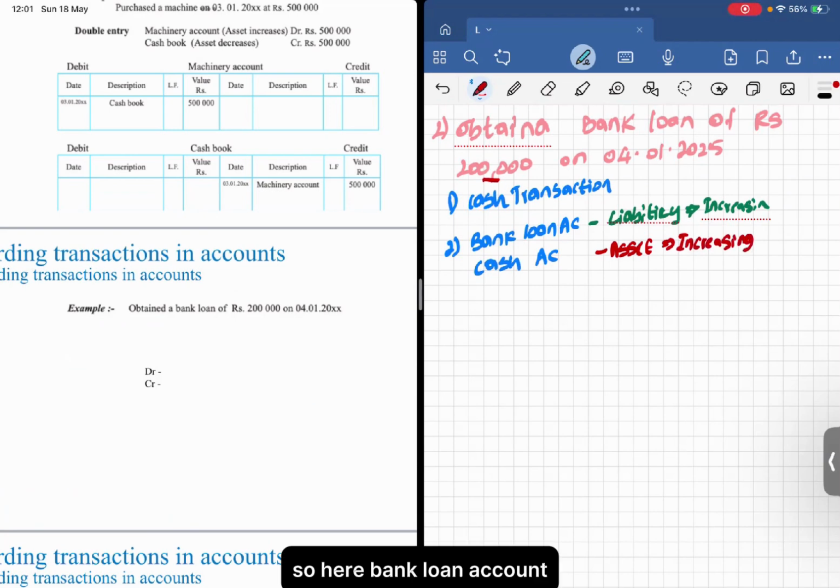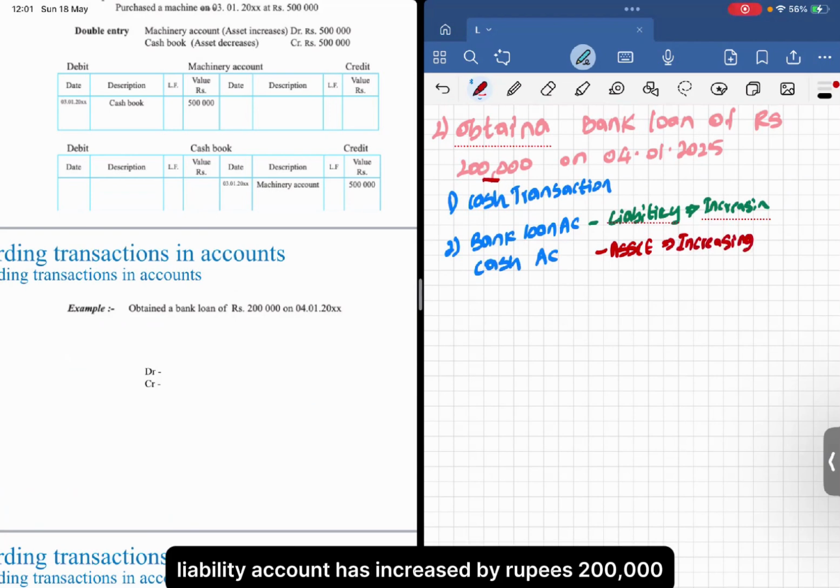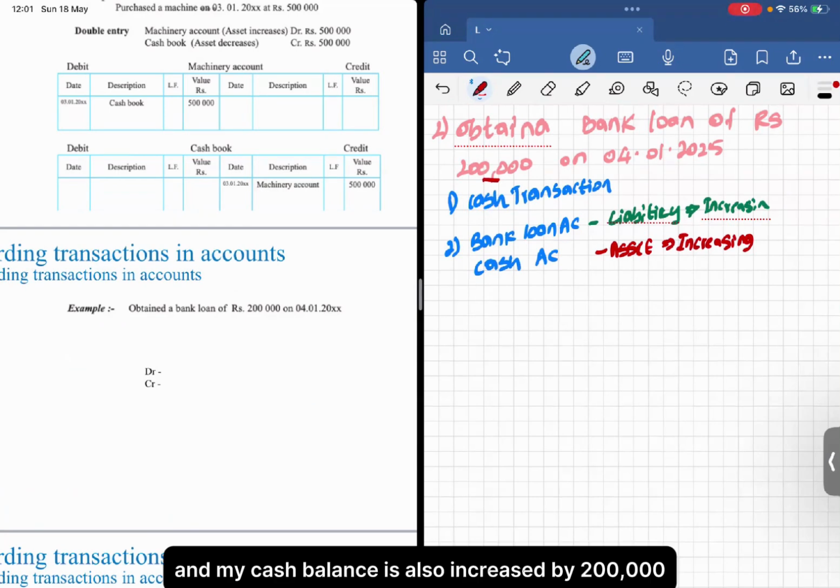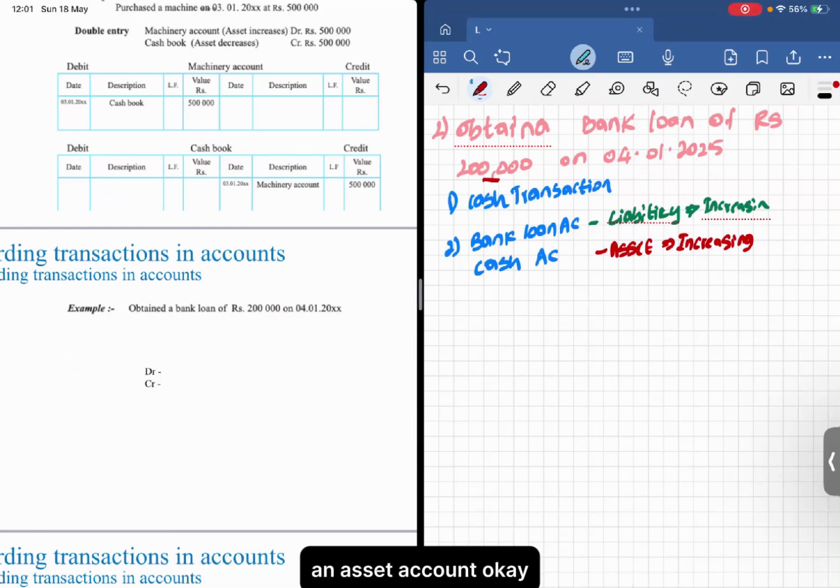So here the bank loan account, a liability account, has increased by rupees 200,000. On the other hand, when we take the loan, we have received cash, and my cash balance has also increased by 200,000, an asset account. So let's start from the asset account. When the asset is increasing,